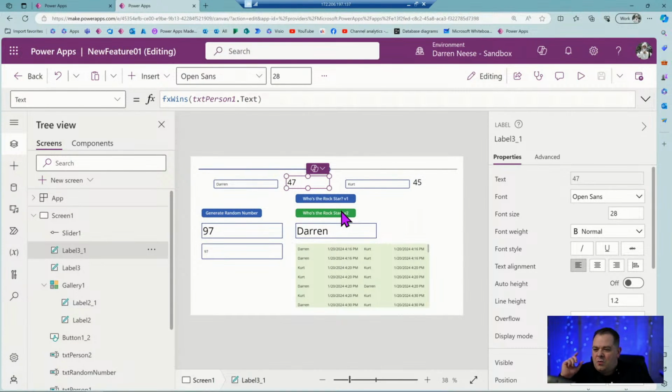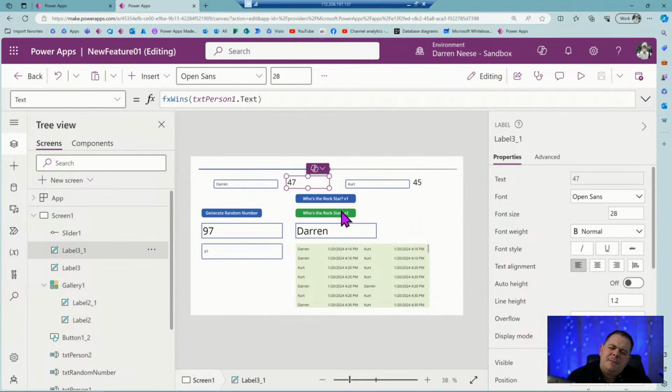If I won 50 and he won 50, it should be right in the middle. But I want it to move as we go. So let's say I won 25, he won 25. That should still be right in the middle.